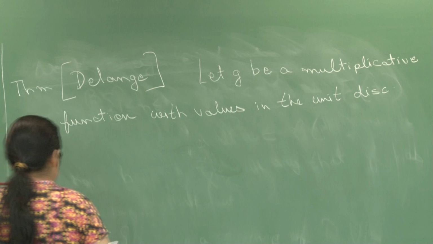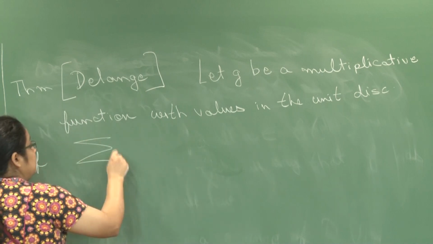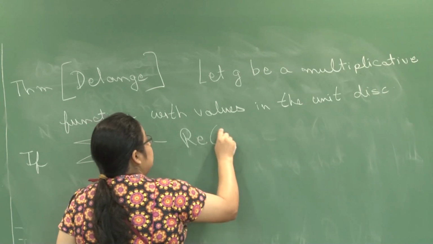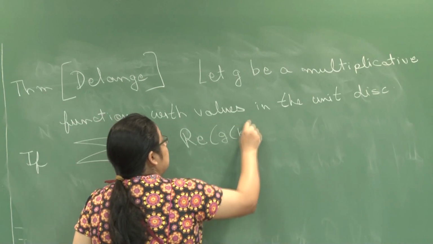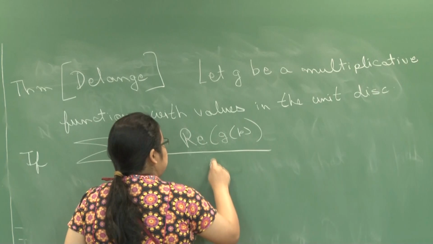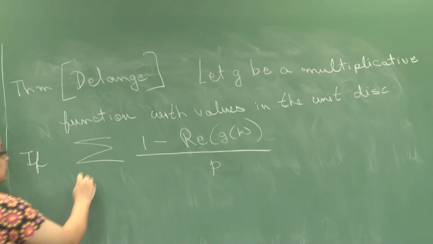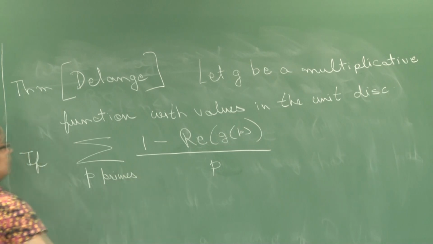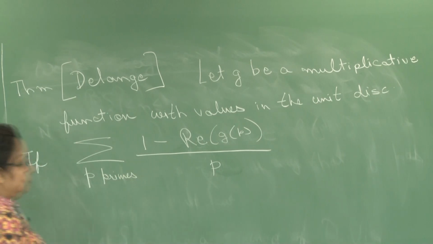So, if the following happens: if the sum of 1 minus the real part of g of p over p, as the sum runs over all the primes, is finite,